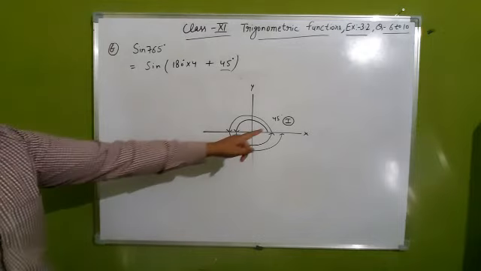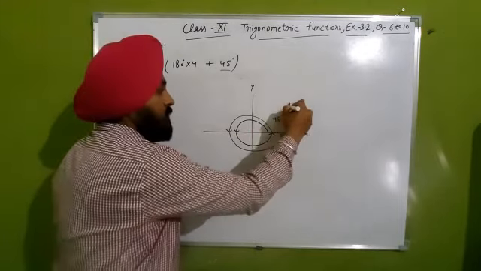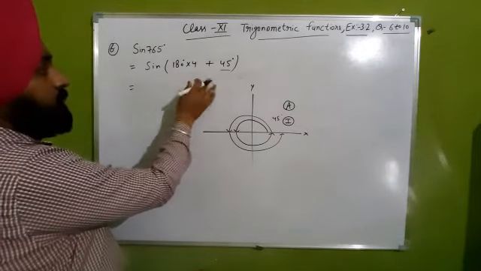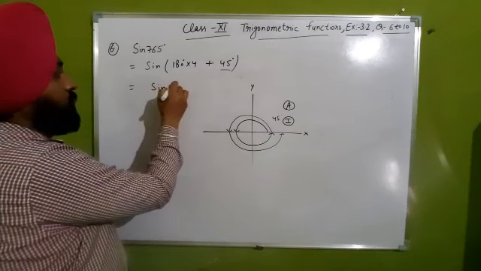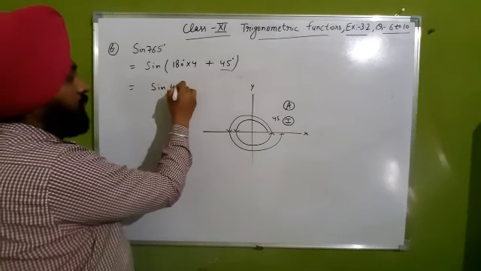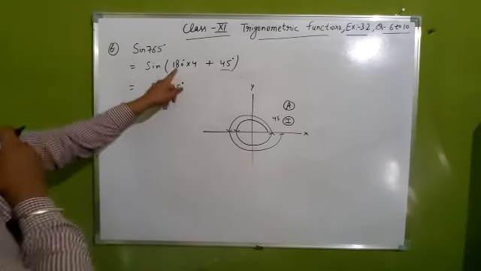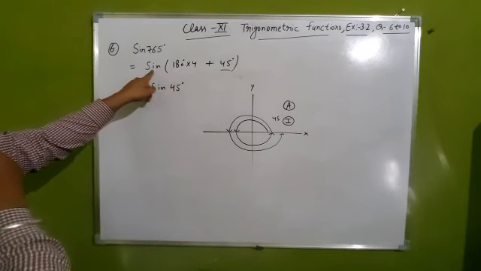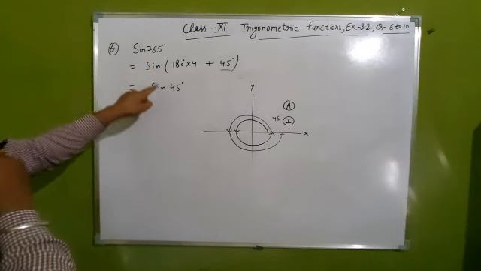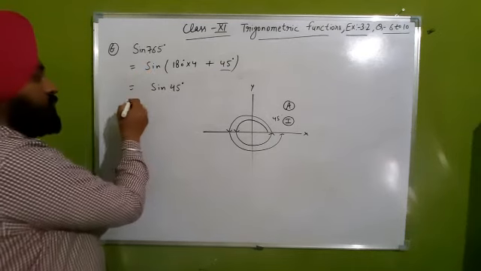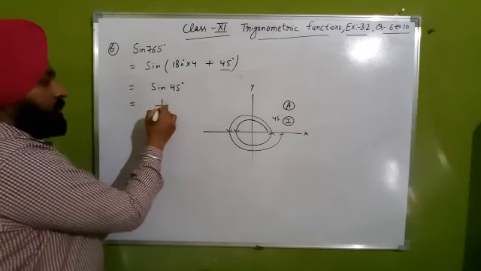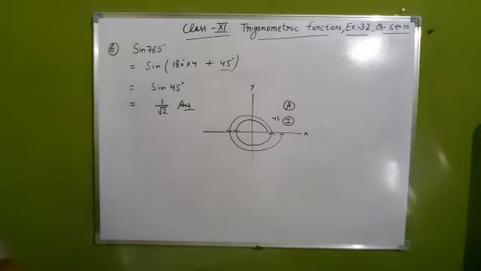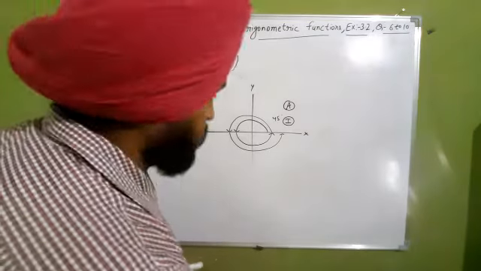So in the first quadrant all the trigonometric functions are positive. So that means this sine will be equal to sine 45 degree. And the main thing also, because it is a multiple of 180 degree, sine will not change. Sine will remain the same as sine. So as we know, the value of sine 45 degree is 1 upon square root 2, that's all. Clear? Now go for the next question.